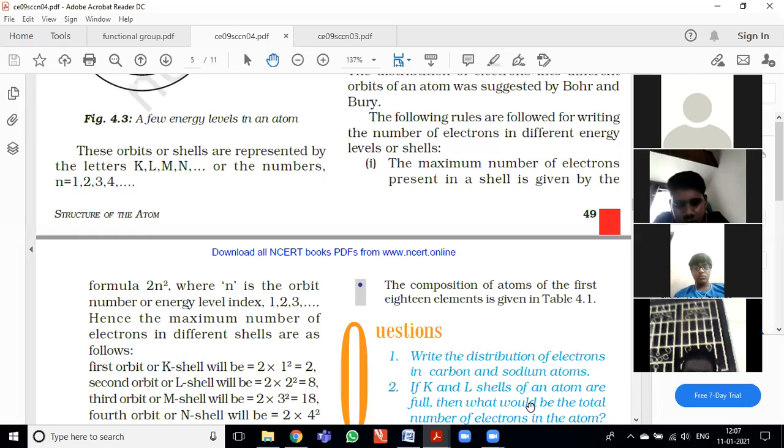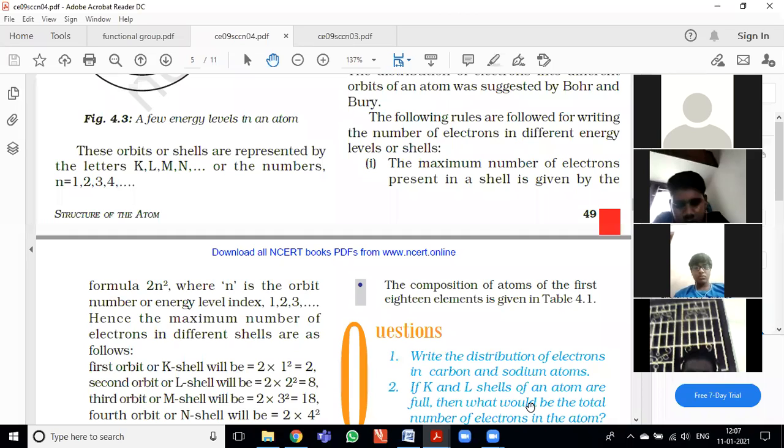Every object in the universe attracts every other object with a force which is proportional to the product of their masses and inversely proportional to the square of the distance between them. The force is along the line joining the centers of the two objects. This is the universal law of gravitation. Why is it important? Those are all very, very important questions there.